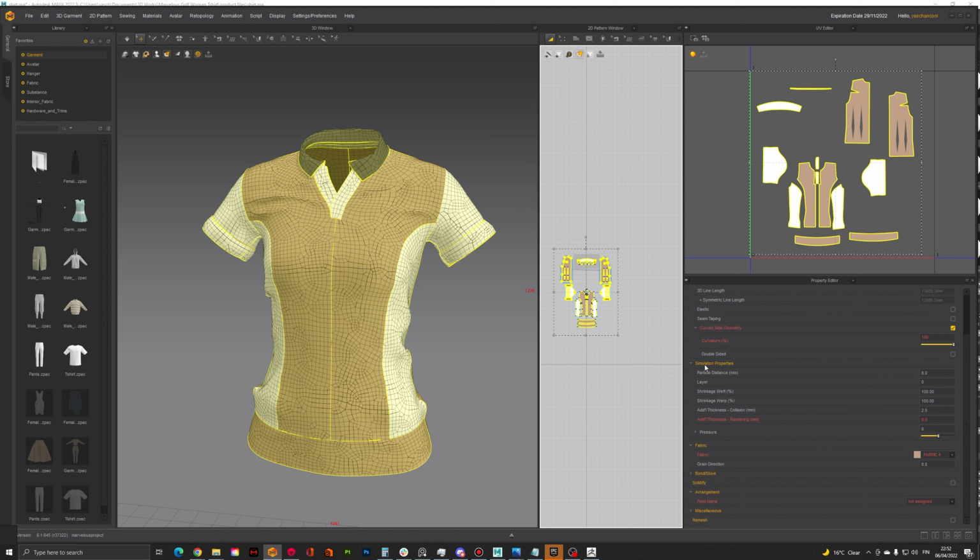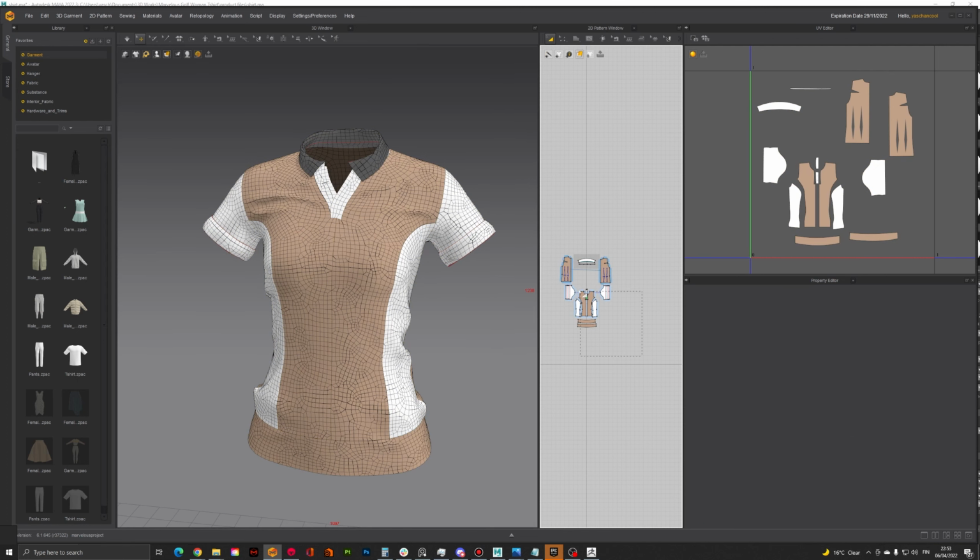So you can go to simulation properties and set the particle distance. I'm doing 8. You can go like 5 or even less than that, but it gets slow by a lot. So okay,